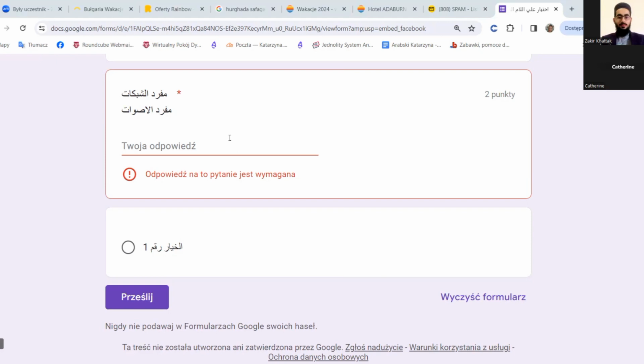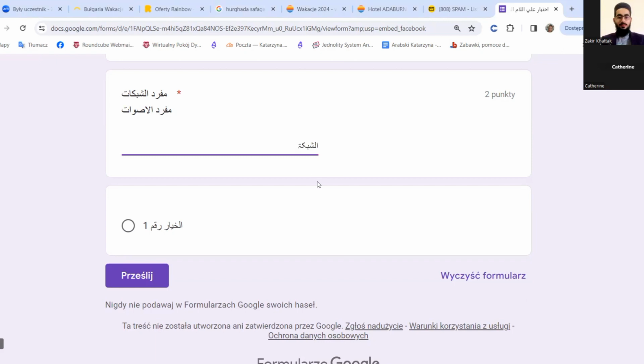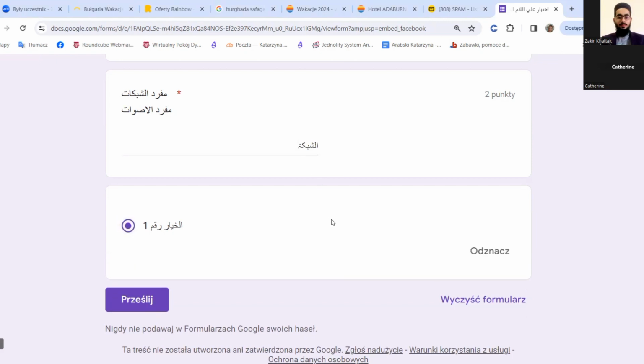Ashabaka. See in the chat, Ashabaka. This one, right? This is remaining. This one, the second one. Mufradul Shabakat and Mufradul Aswat. Shabakat, good, I wrote. But the second one, Mufradul Aswat,